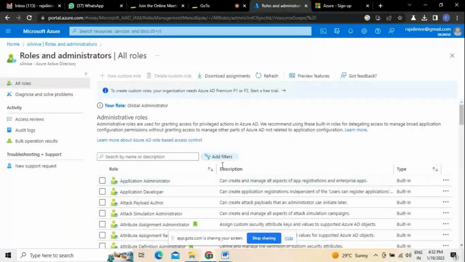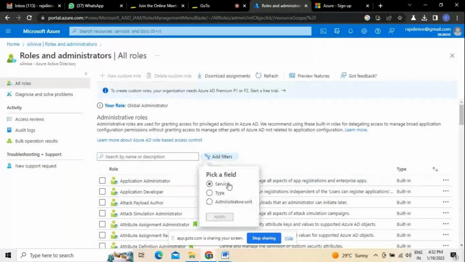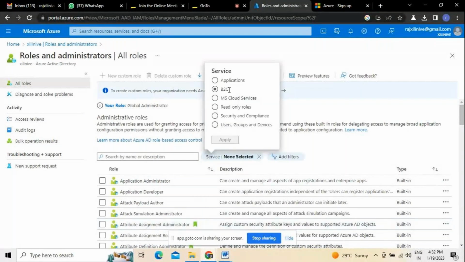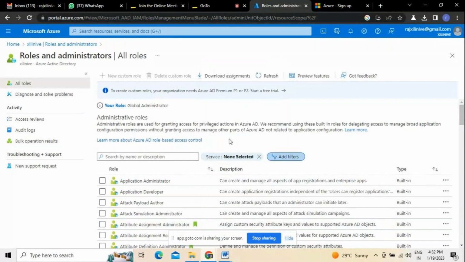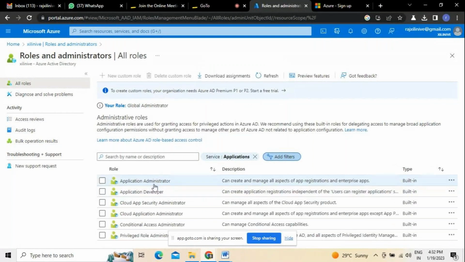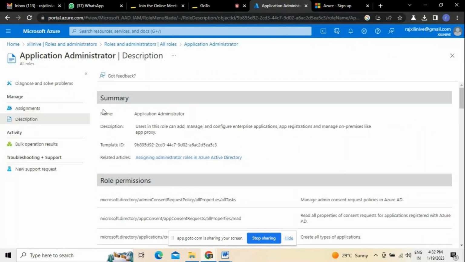Right? So adding filters can be done. You can add the filters depending on the kind of services. For example, if there is any service wherein we need to apply for an application of the services, here we can see the services of applications have been added to the existing list, along with the related and relevant information in reference to the description of a particular application and administrative activities. All this information can be seen here.